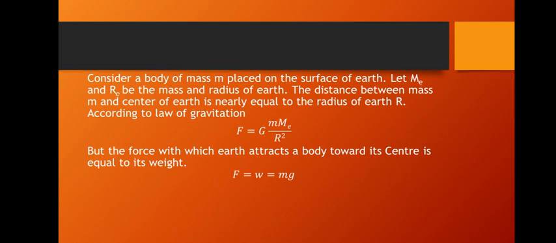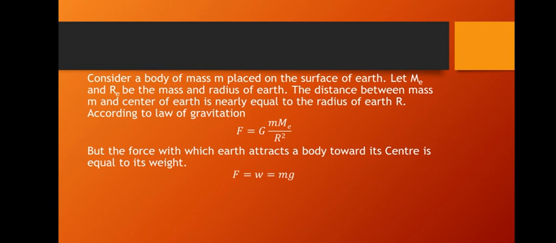For this purpose, students, we will use the law of gravitation, as we know the relation from the previous lecture, that we can find the force of gravitation between two objects by a relation. For this, consider a body of mass m placed on the surface of Earth. Let M_E be the mass of Earth and R_E be the radius of Earth, and the distance between the mass and the center of Earth is nearly equal to the radius of Earth,